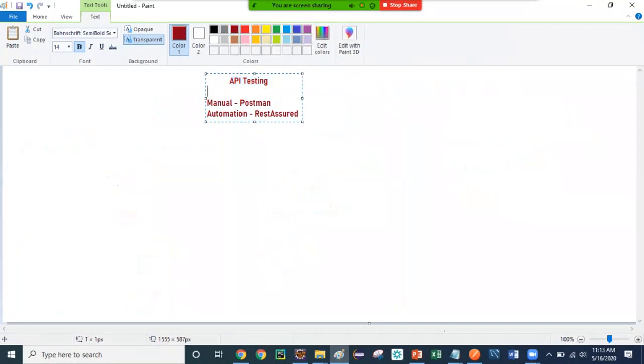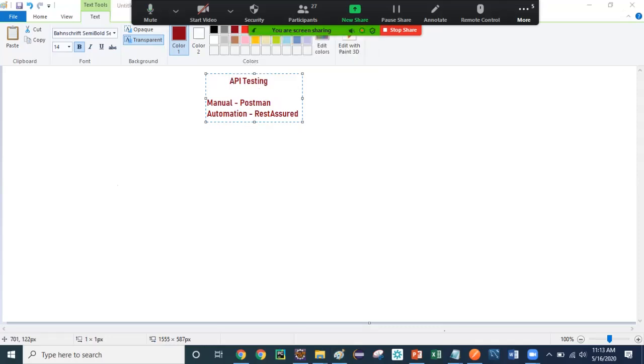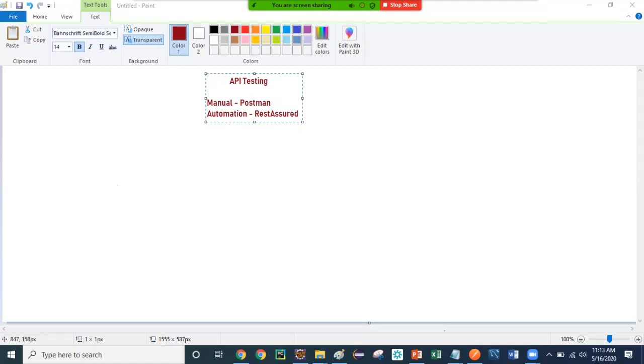So API testing. So what is API? The Application Programming Interface, right? A simple example of an API is that you are using some built-in information from a company. Let's suppose Uber created the taxi booking app. They do not need to create Google Maps to locate the drivers and the customers. They take the call from the Google API, which is the Google Map API, and they use that information to add those functionalities in their particular application.